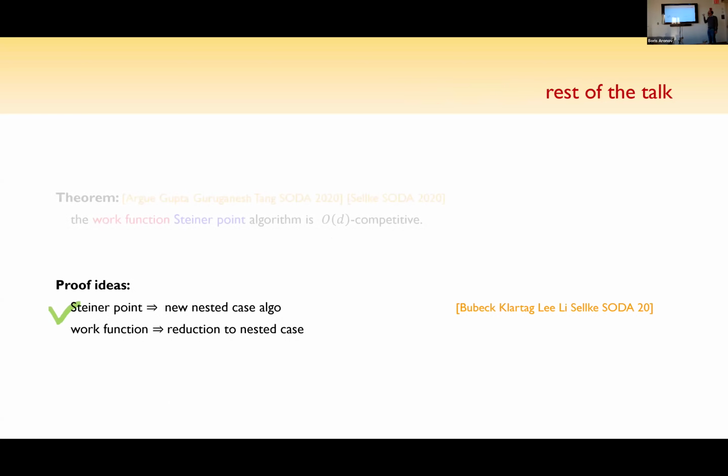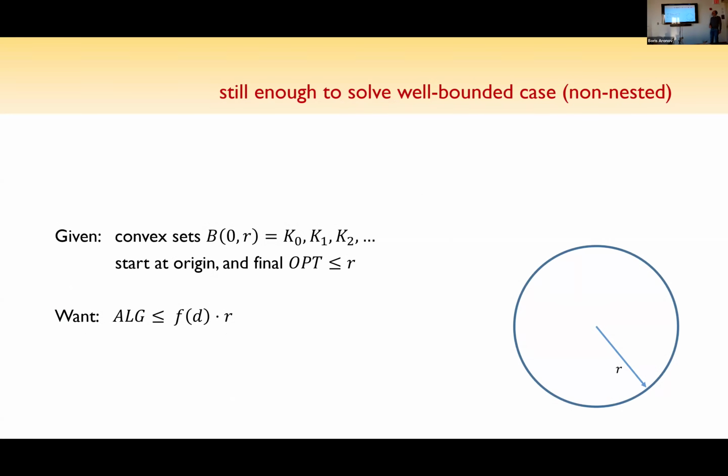I told you about the standard point, and we gave a new nested algorithm. Then you're like, oh, how do you extend the standard? For that, after some misses, we got this idea, which I kind of like. Let's go back to the setting. You remember we talked about this guess and double idea. A similar guess and double idea will work in the non-nested case as well.